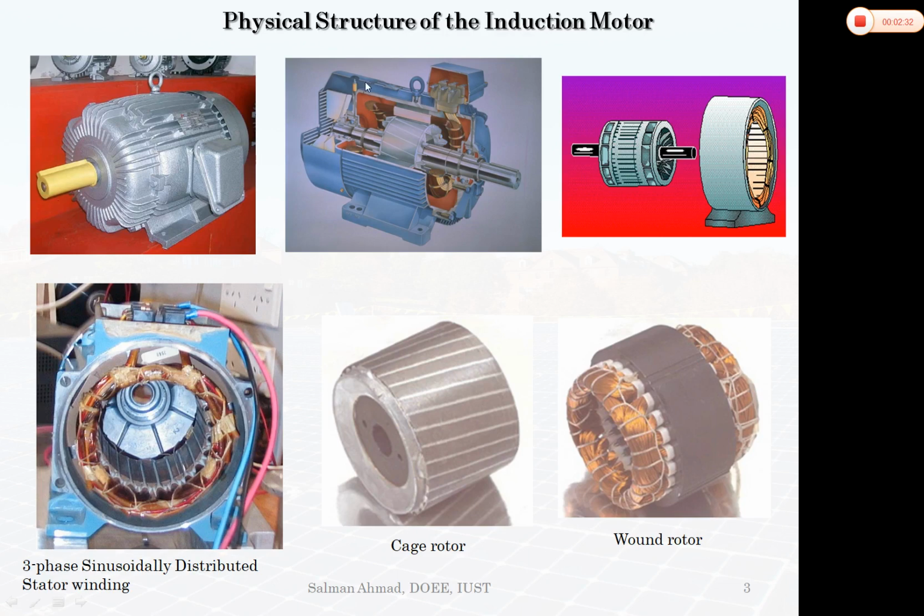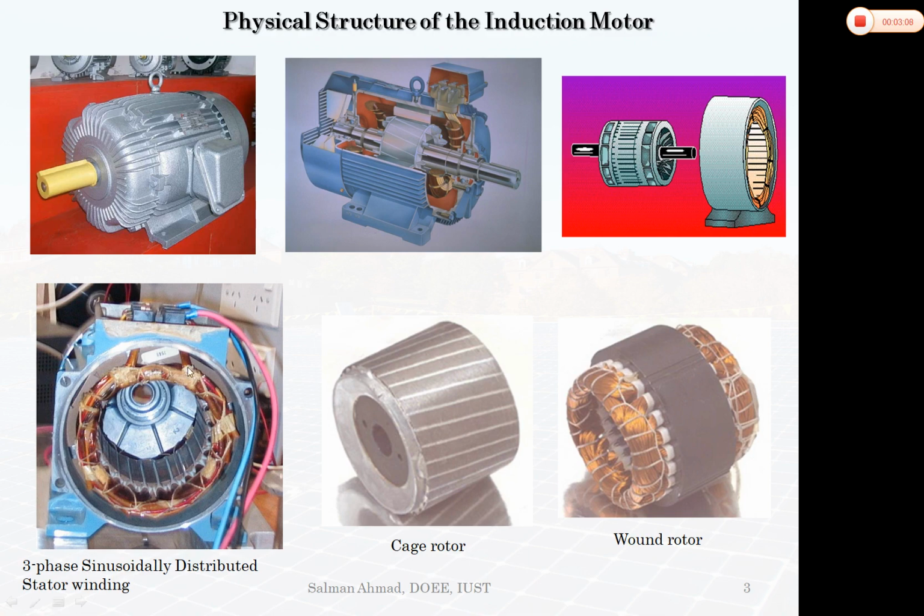So this is the commercial induction motor. It has one stator and one rotor, and in between there is an air gap. So the stator is connected to the supply here. The rotor has conductors, and there is a shaft, so the mechanical load is coupled with this shaft. Again the stator, you can see here, has conductors. So the stator windings are distributed in space and they are balanced so that they will produce a synchronously rotating magnetic field in the air gap.